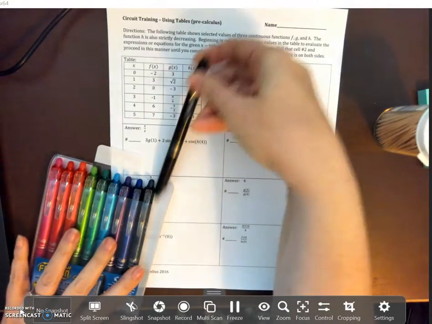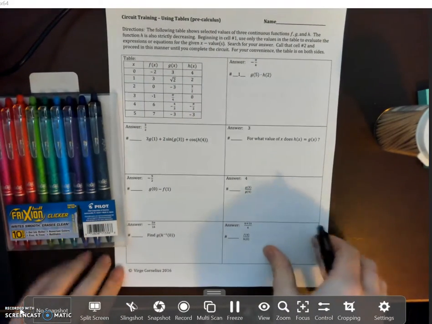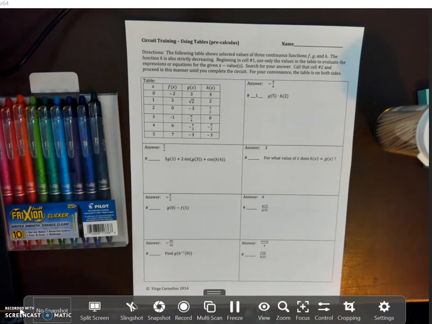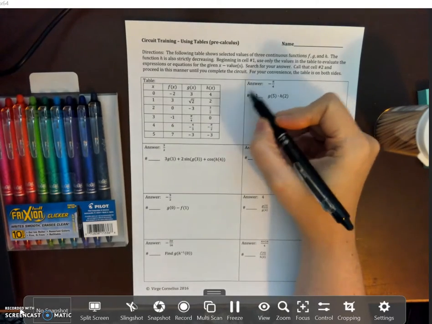I wanted to show you in this quick video how to do a circuit. We're going to be using circuits often for homework and sometimes as group work. They're easy, it's just a little different. The first thing you want to do is locate number 1, which is almost always one of the first